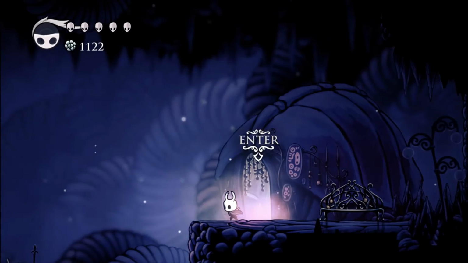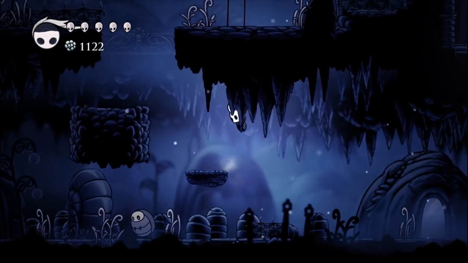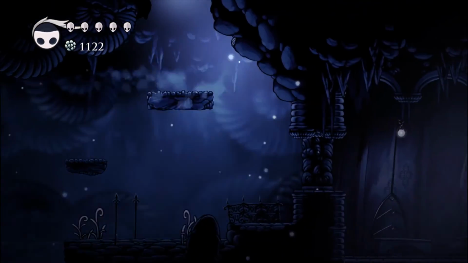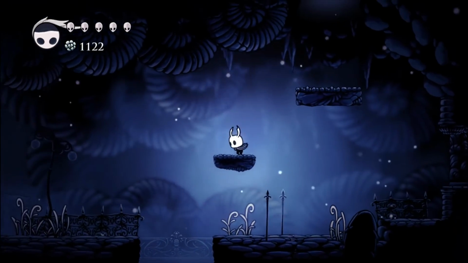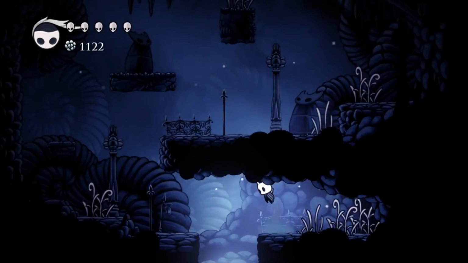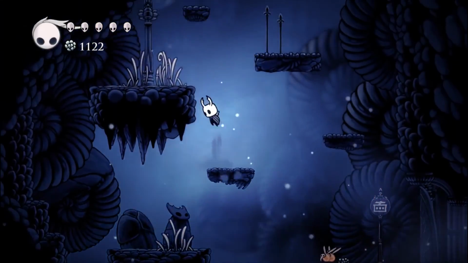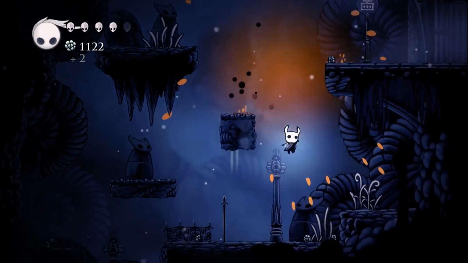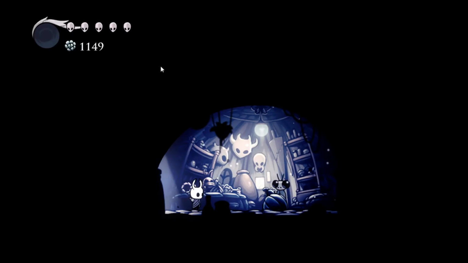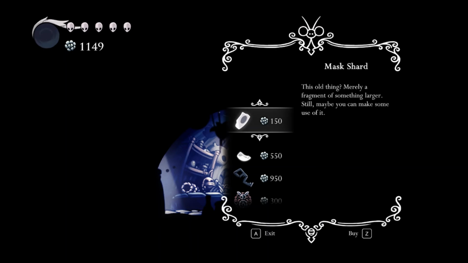So I think for now, though, I am just going to head back to Dirtmouth and see what Sly is selling. I have to go all the way back here. Actually, you know what? No, I'm going to go up to here. Alright, I have to speed things up because we are coming right around the time limit. Sorry, Sly, but... Alright, he sells mask shards,